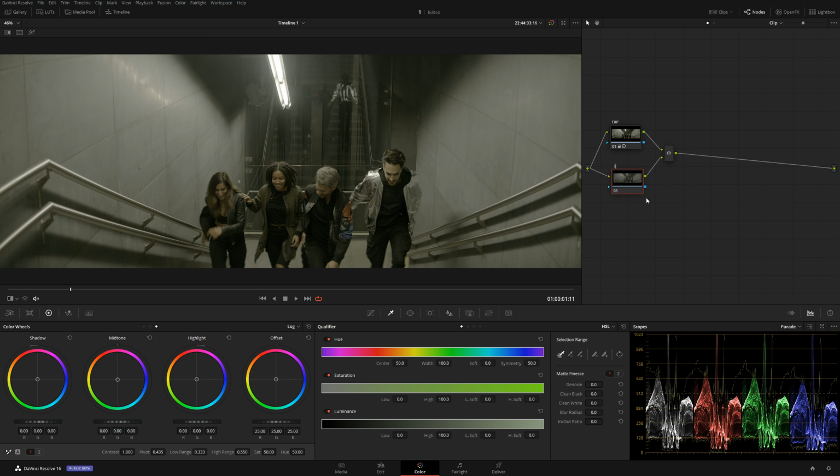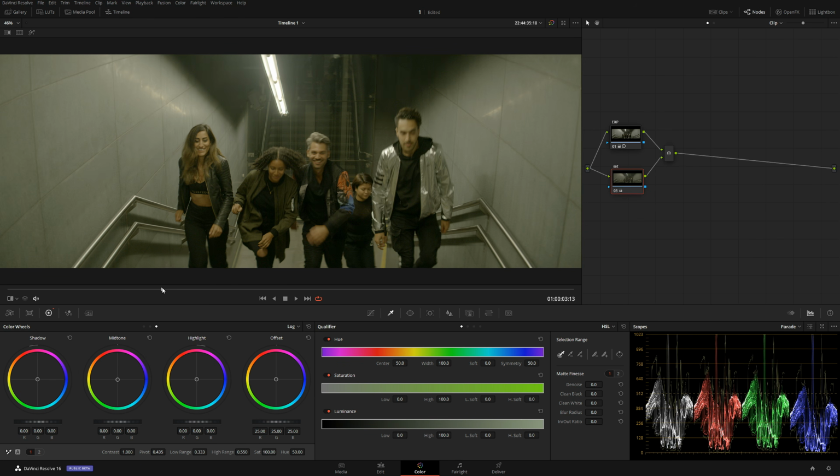The next node, I'm going to do saturation. We're going to give a nice saturated feel to it. Okay, I'm going to crank it all the way up. Okay, so that looks good. Let's do another node. And this one I'm going to call